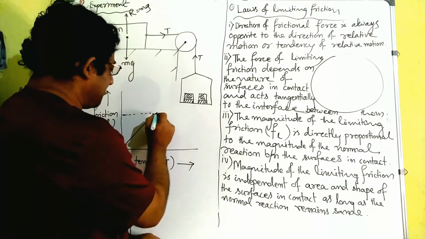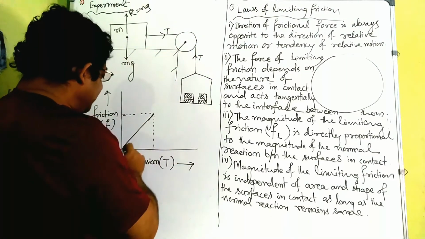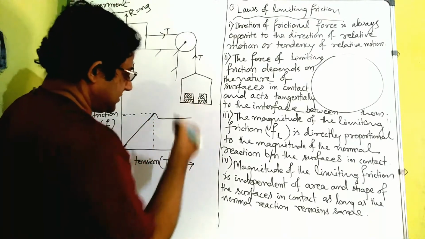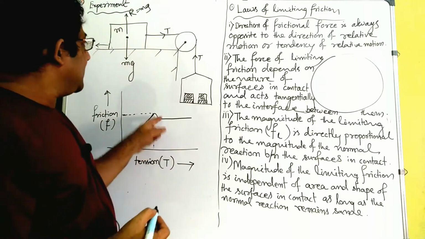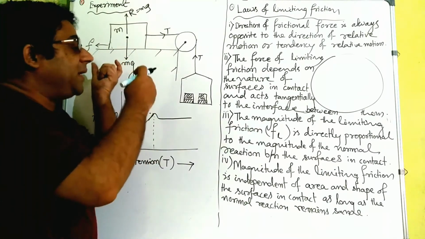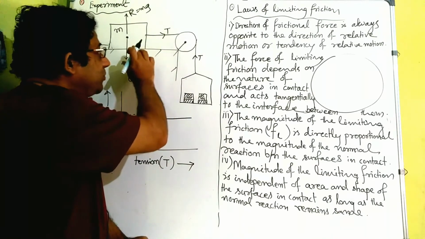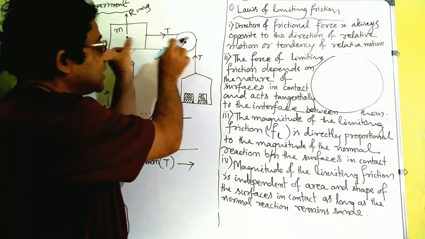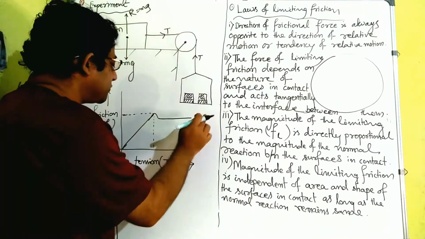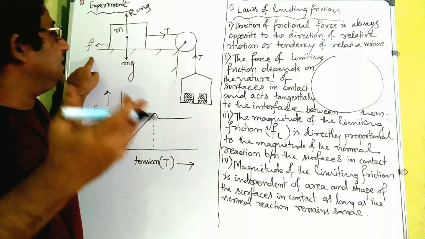But after that, what happens? If tension is further increased, it will start to move. But it reaches a maximum value, then it just falls and then remains constant. The logic behind it is there is an inertia of rest, right? This block is already at rest, so to make it move, that inertia has to be overcome. That's why a little more force is required to make it move. But once it moves, it doesn't need to change its state again and again, right? So a little less force is required, but beyond that force, the frictional force doesn't increase itself.